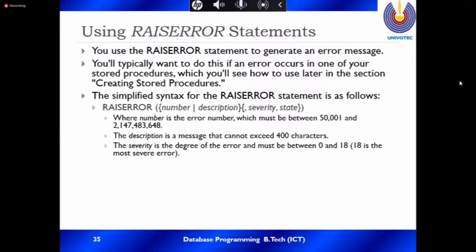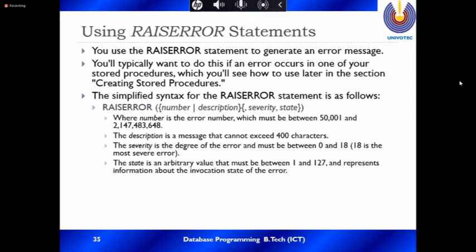The severity is the degree of the error, 0 to 18. 18 is the most severe error. The state is an arbitrary value that must be between 1 and 127 and represents information about the invocation state of the error. What is the error like?